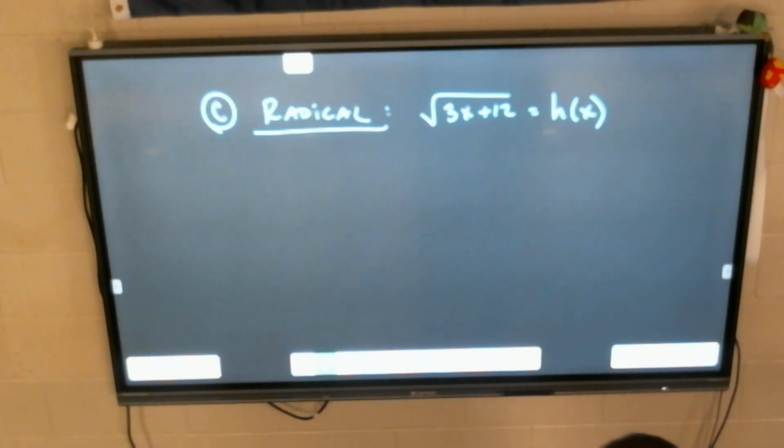What can I not take the radical of? It's not allowed. In fact, some might call it imaginary. Negative 1. Can't have negative values, because if I have a negative value, now I have an imaginary number. It's not real. It's the i, remember the i thing? So my radical cannot be